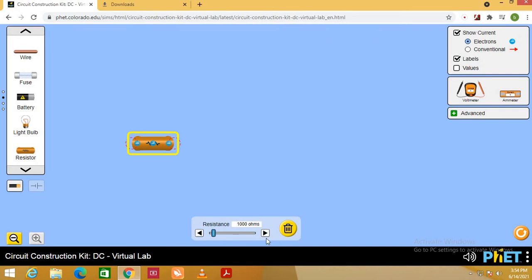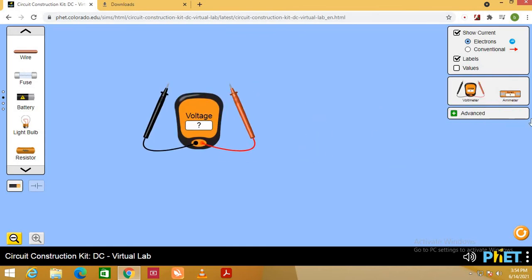So if you double click, you can increase the value. In this you should either drag this button or press this button. To delete an element, you can either press the delete button or click the delete symbol there. So we will solve Kirchhoff's law first using this circuit. You can use a voltmeter and ammeter also.